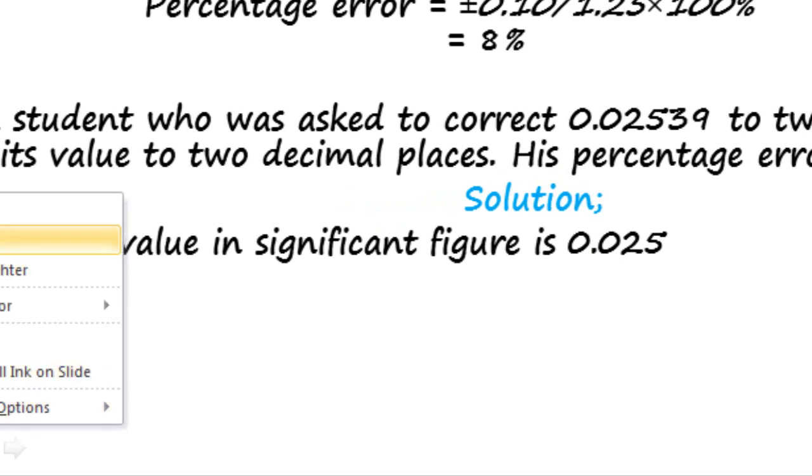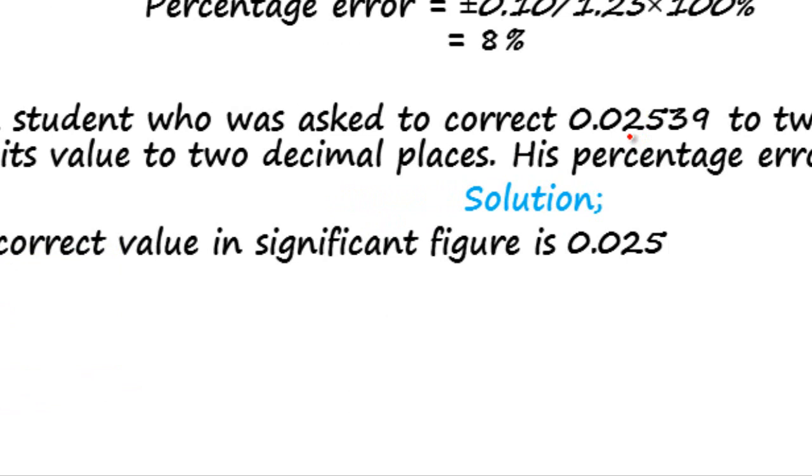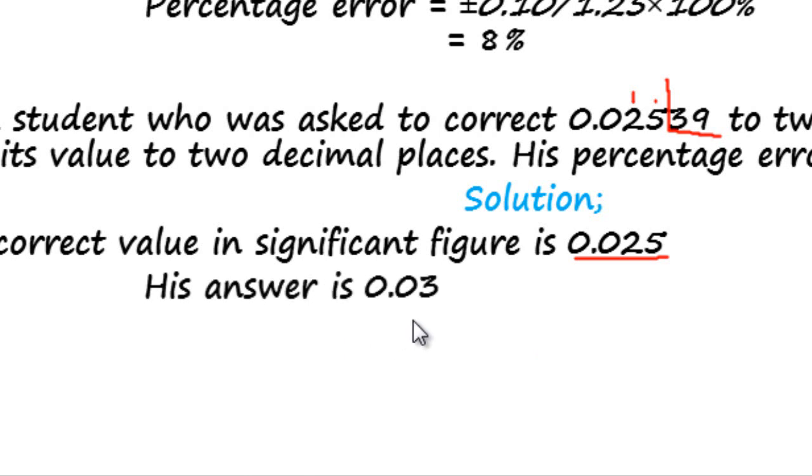0.025. That is what's supposed to be, because when you count from the first non-zero digit, which is 1, 2, then any other number is invalid, and 3 that is close to this 5 is less than 5. So we round it down to 0, and we have 0.025 remain. That's why the actual answer is supposed to be this, but he mistakenly did two decimal places. So, and his answer was